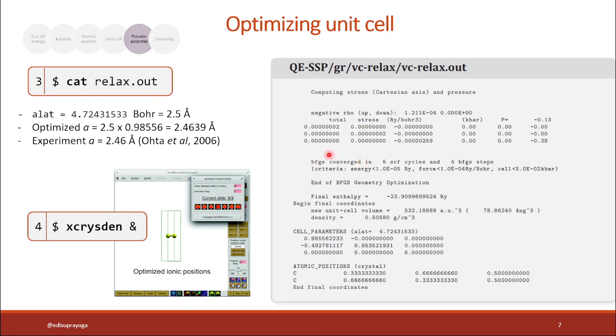Both the optimized atomic position and lattice vector are given in the output file vc-relax.out, and you can open the output file by using notepad. If the calculation finished, job done is written at the end of the output file. To search forward for the final coordinates, search 'final' in the vc-relax.out. This output file shows the optimized structure with the convergence criteria of the energy difference of 10 to minus 5 Rydberg, and the total force of 10 to minus 4 Rydberg per Bohr.